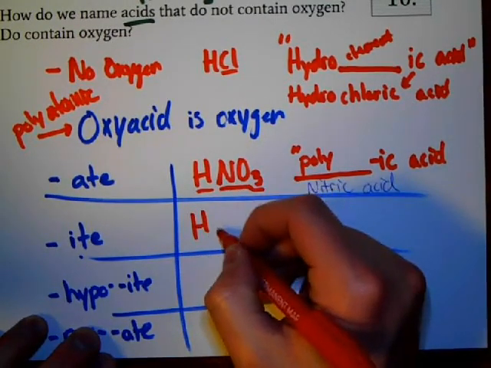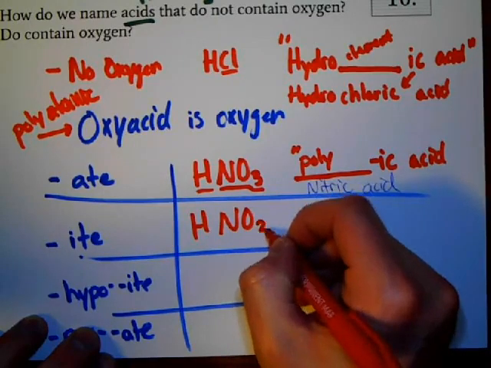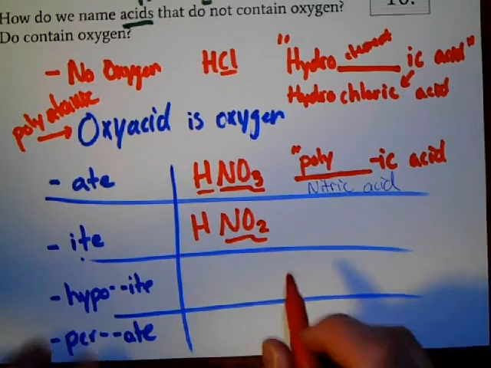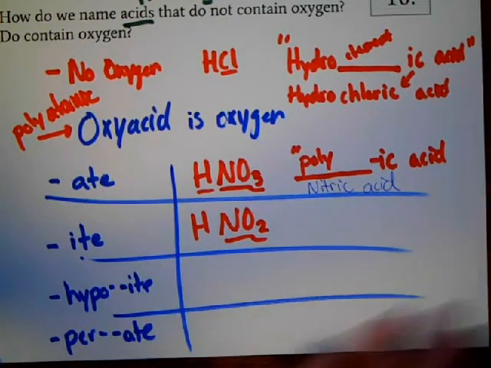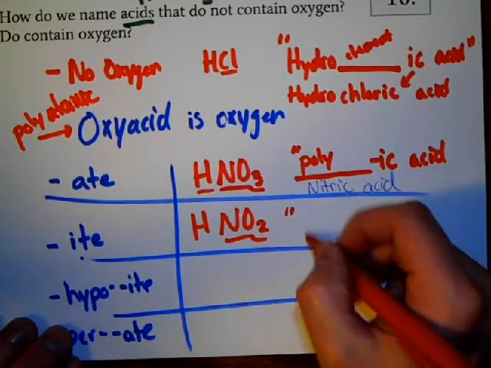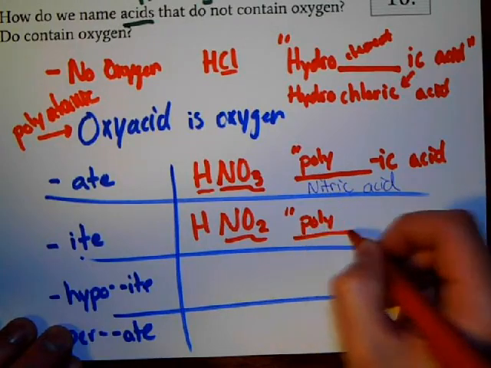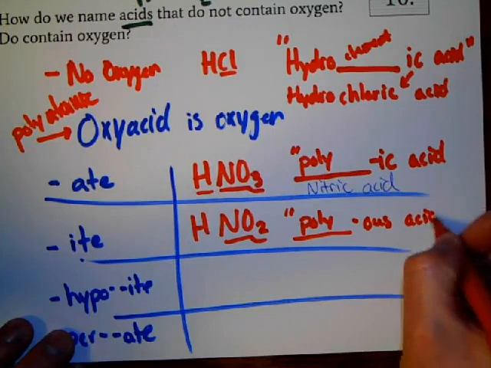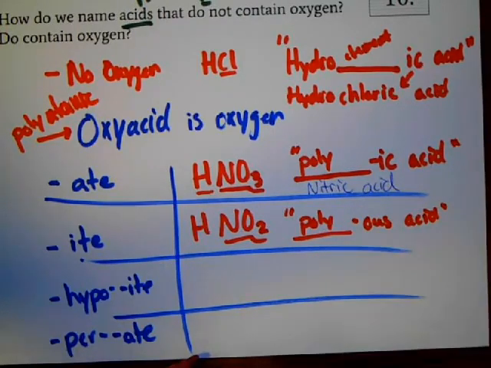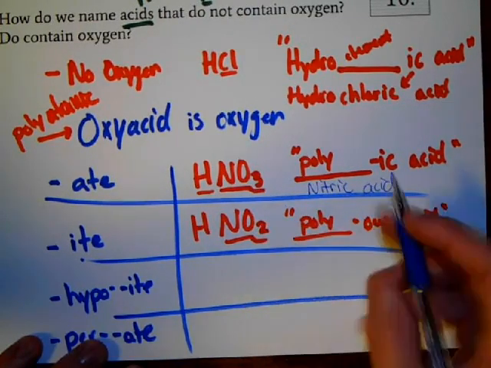We'll do something that looks similar to NO3, but it's NO2. NO2 is what we call a nitrite, ends in ITE. We'll get into the nitrites here in the next note card. But what we do for naming is we say the name of the polyatomic ion, and instead of saying ic at the end, we say us acid. So in this case, instead of being nitric acid, like our previous example, this would be nitrous